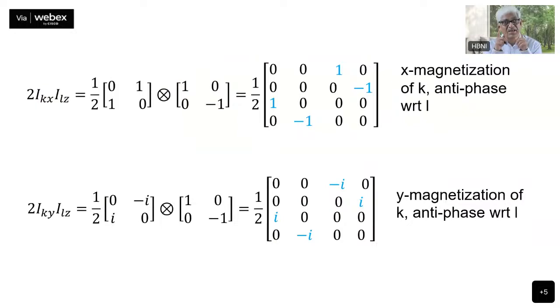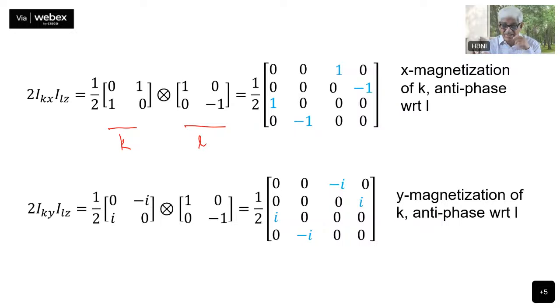That was for the individual one spin. Now we have two spin products. So therefore, what I have to do is I don't need the unit matrix here. I take the KX here and Z here, because these two belong to different spins now. This belongs to the K, this belongs to the L. So I take the direct product of these. So therefore, what do I get? I get here 0, 0, 1, 0, 0, 0, 0, minus 1, 1, 0, 0, 0, 0, minus 1, 1,